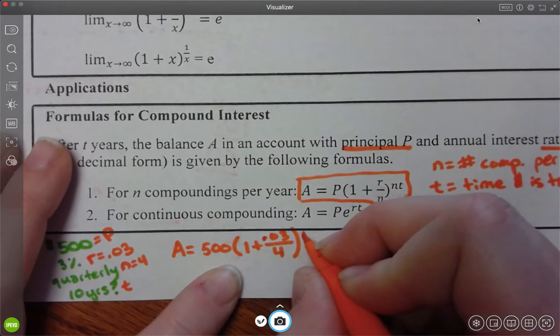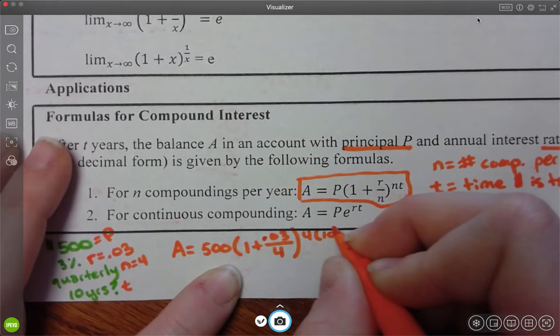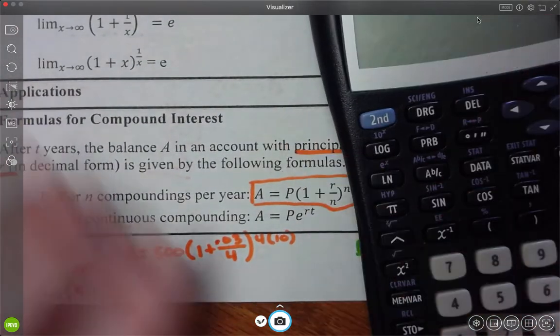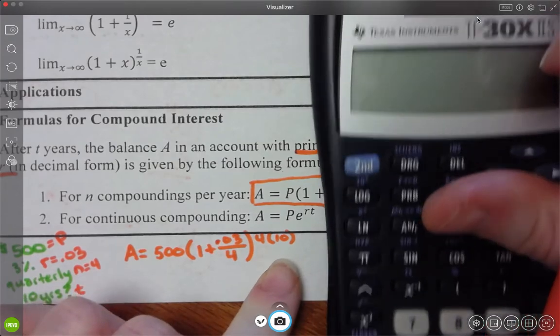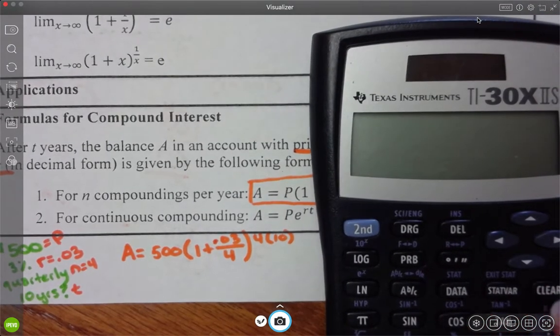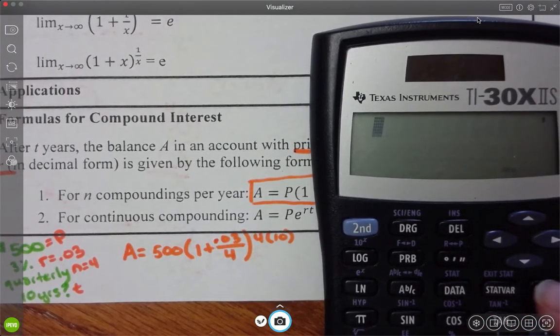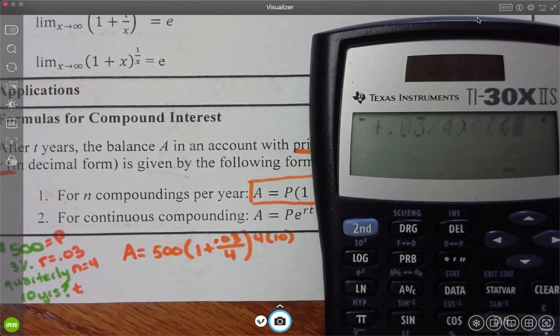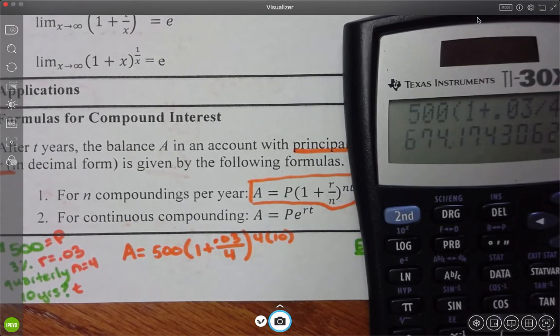Okay, and then I'm doing 4 times T, which is my N times 10, which is my T. Okay, so I'm going to type this all in. You should be able to do this all in one shot, I think. 500 times 1 plus 0.03 divided by 4, close parentheses, to the 40th power. I'll do that in my head. Okay, and it ends up becoming